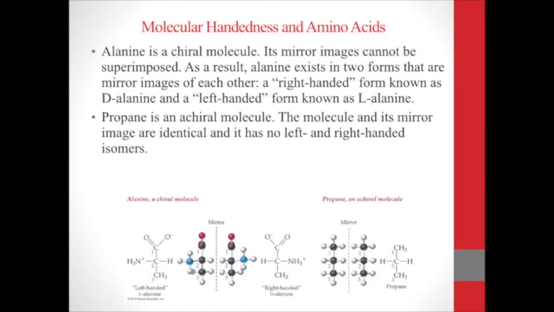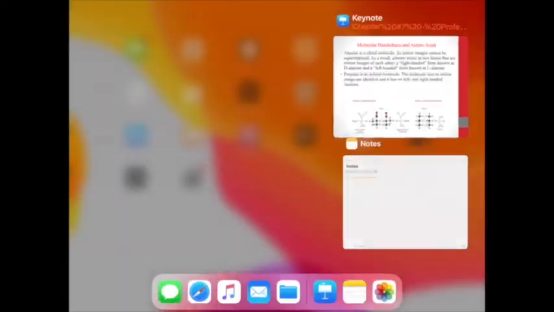So amino acids are all chiral except for one. Chiral just means that a carbon is going to have 4 different groups attached to it. So glycine is actually achiral. It's the only amino acid that's achiral. So just to get a look here